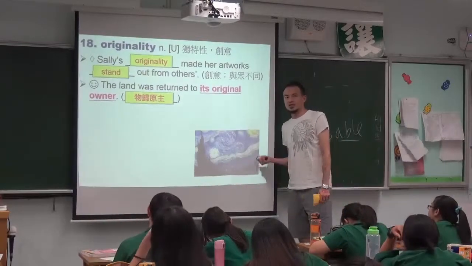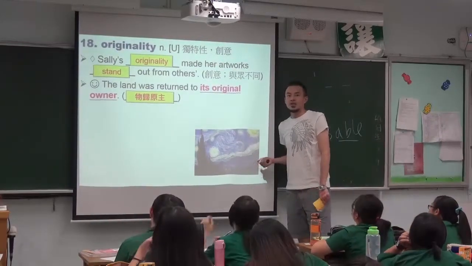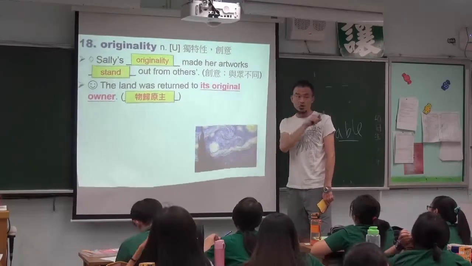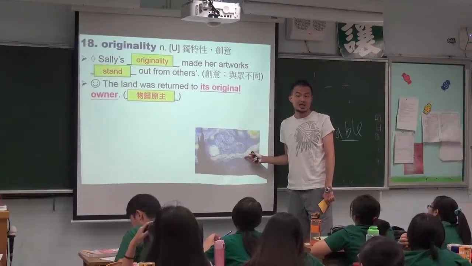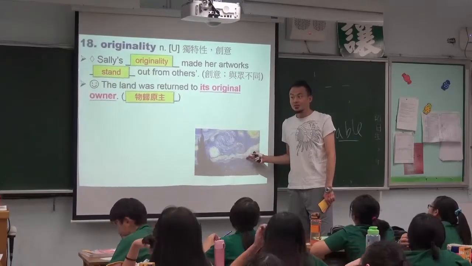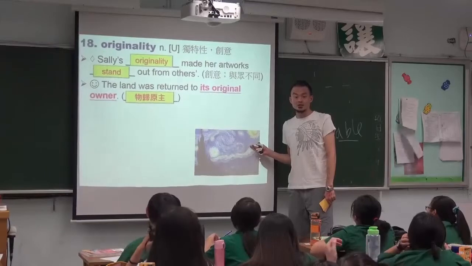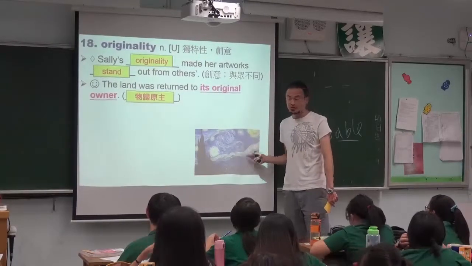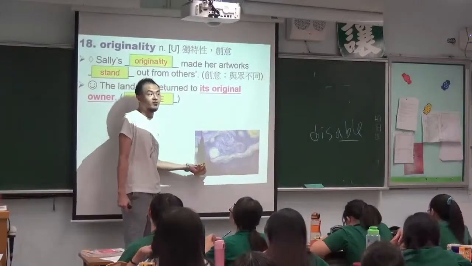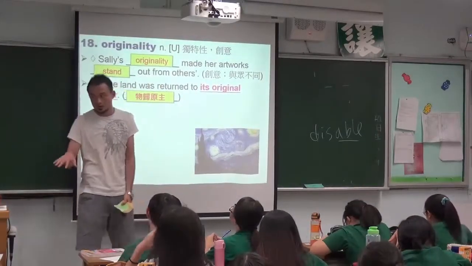So here, may I ask you, if you use the word original in a sentence like, this must be an original of Van Gogh's work. If you say an original, it means a piece of authentic work. In Chinese, you might say 真迹. So original as a noun, an original. This must be an original of Van Gogh's work.